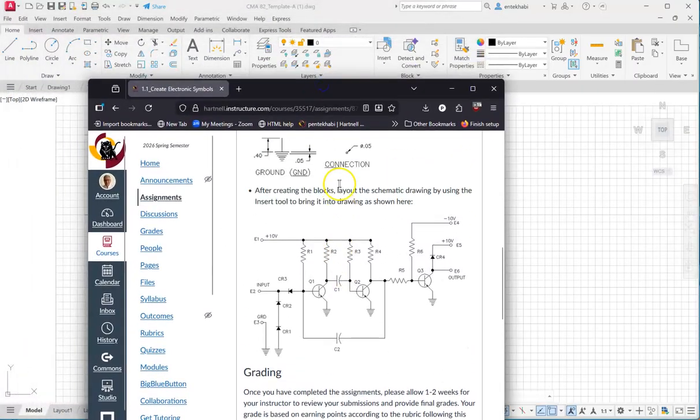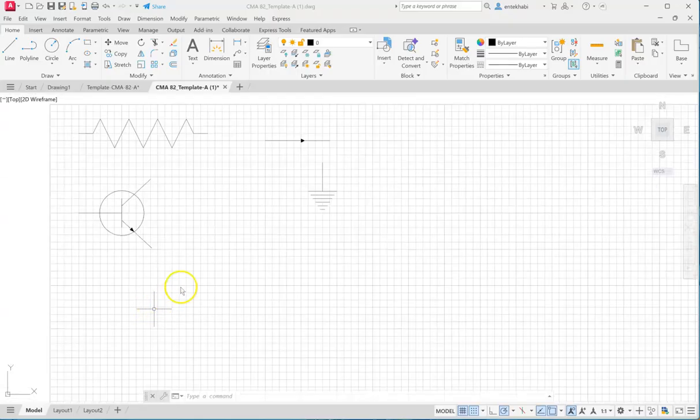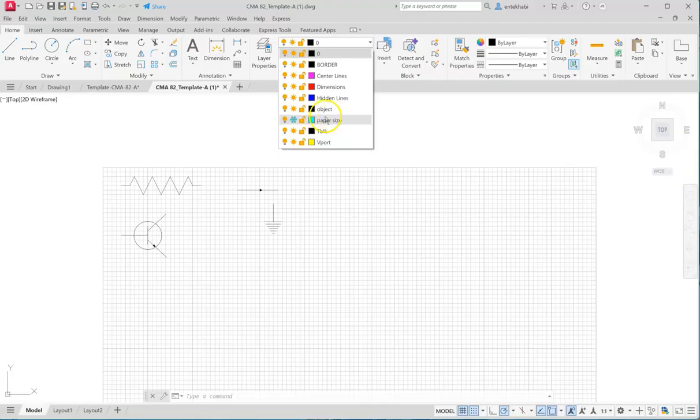So you will be creating this similar shape. You start with all these little circles, and each one is also blocked. So you have those by using the insert command. Use the insert and bring it in. Let me just do a couple of them here. After this one, you want to keep this under the zero layer. You don't have to erase them, and then go to switch to the object layer. It's important to separate those.